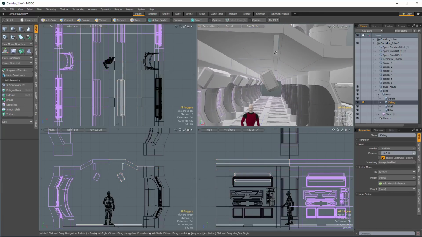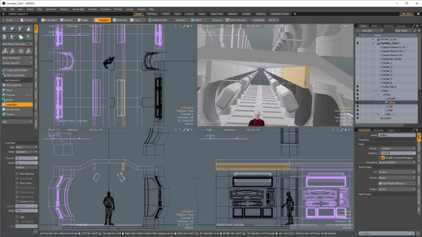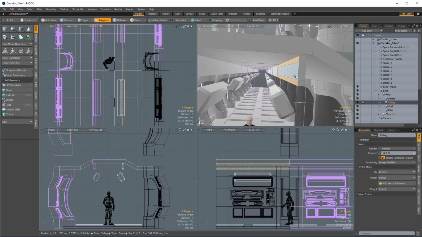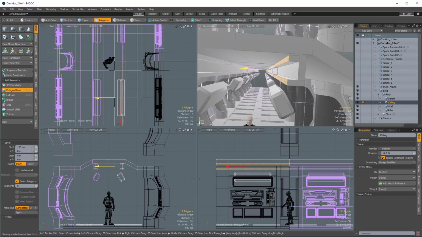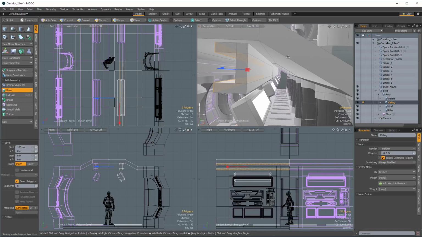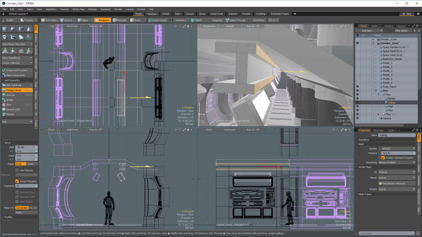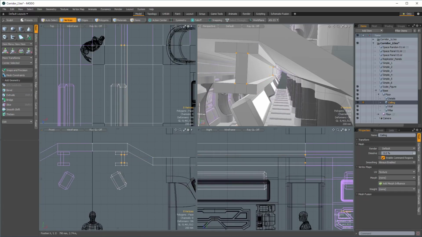Okay, and now in polygon mode, I'm going to loop slice a couple of pieces along there. And I'm going to select this and this, bevel, and I'm going to drag these out. And I'm going to do the same thing on the outside, but I'm not going to make it quite as deep, which is why I did these separately. So just pull those out a little bit as well. Maybe something like that. And then that's actually making it so that I have a little bit more headroom for my